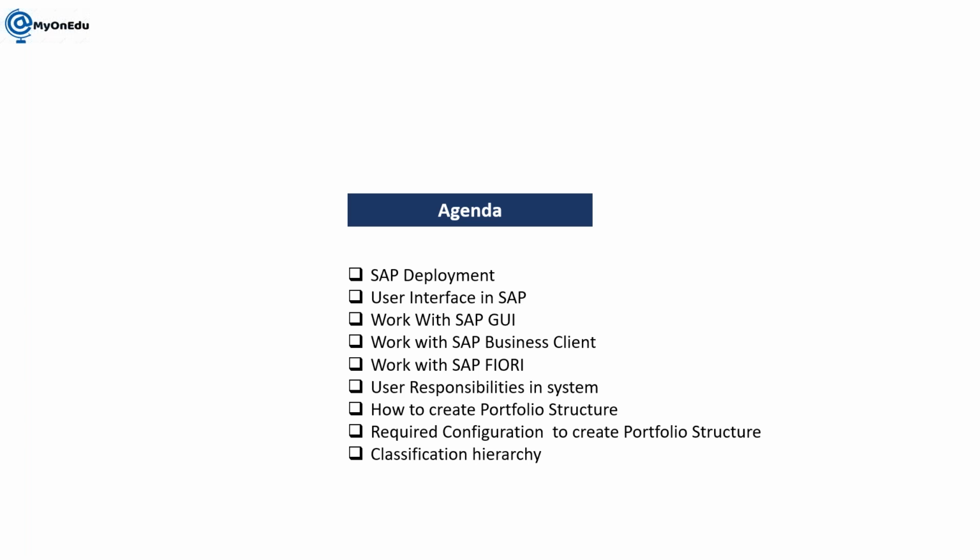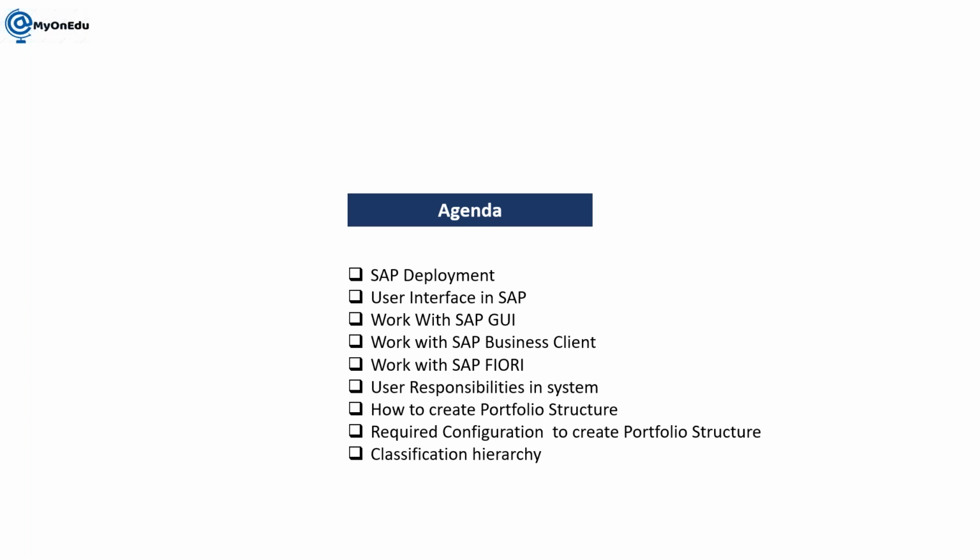So when we are going to access SAP PPM, what are the different ways? Through GUI, graphical user interface, or through NetWeaver, or through Fiori. How can you access it, and what are the different purposes for accessing in different ways? Then we'll understand how to work with SAP GUI. I'll let you know how you can log in to the system and the different ways to perform transactions in SAP. Then we work with SAP Business Client, and then I'll take you through SAP Fiori, and how you can access SAP Fiori to perform the transactions further. So it's just a basic